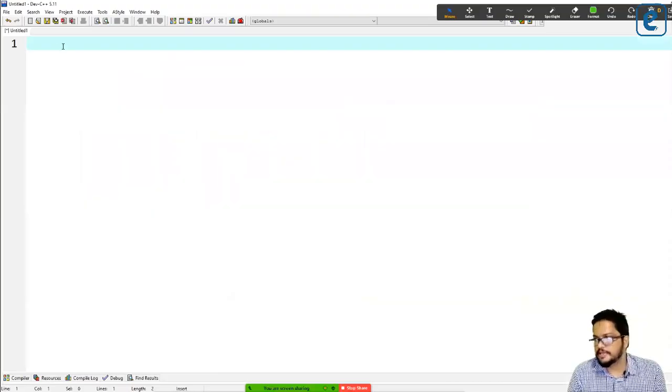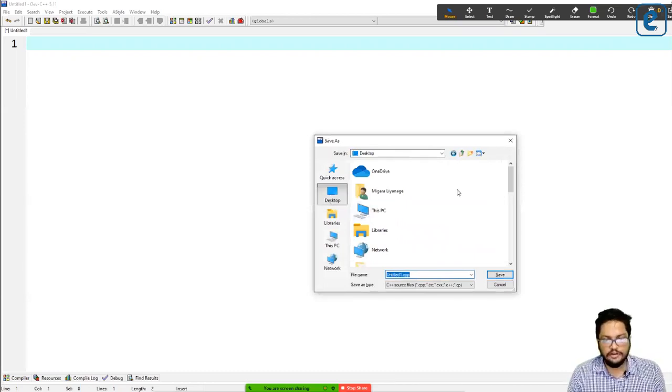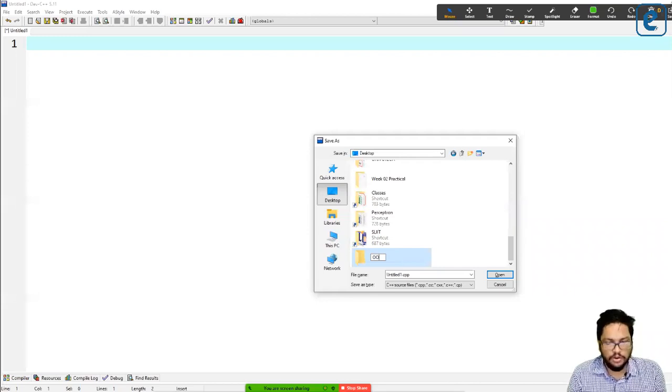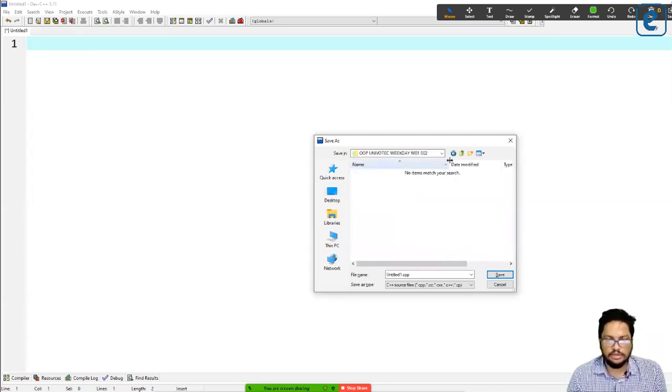I'm in Visual C++, and I'm going to get a new code, which will be saved in a folder. Let me create a folder like OP session 2, and then a new folder inside it called codes.